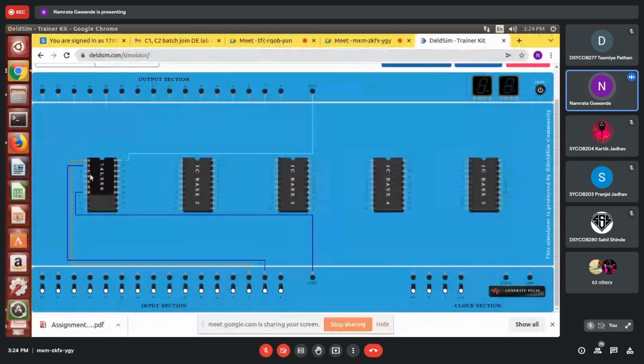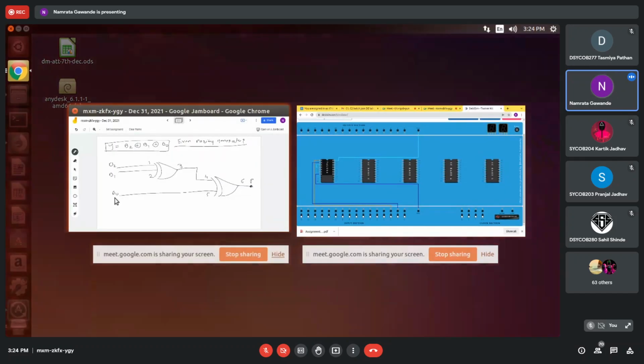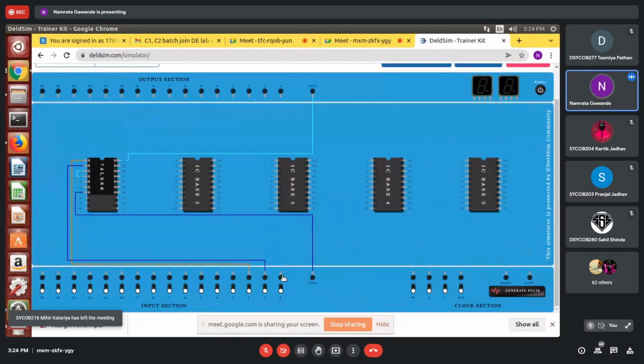So 3 to 4. This pin 3 output is passing as an input to the XOR, right? And after that, B0 should be connected to pin number 5. So this is B0, right? B2, B1, B0. Again, B2 will be the most significant bit and B0 should be the least significant bit, so it is connected to pin number 5.